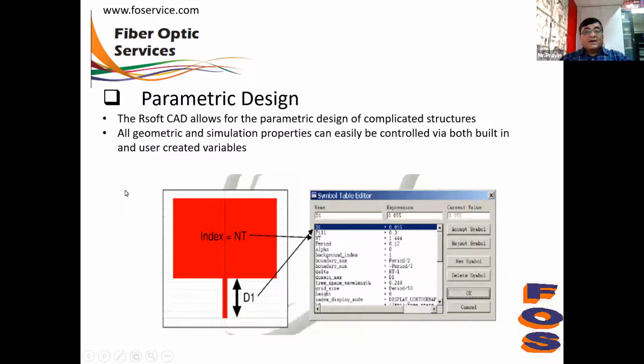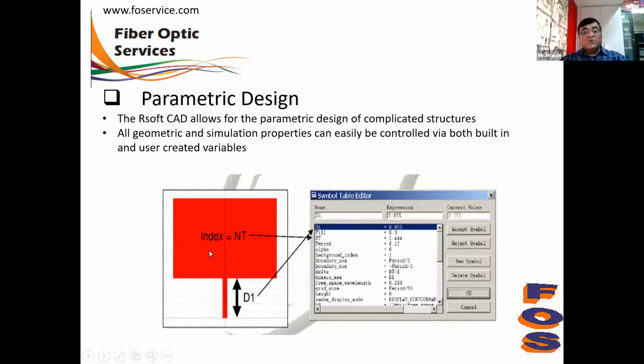RSoft CAD designs any kind of arbitrary structure with different segments, and for each of these segments, all the parameters can be defined in terms of symbols.